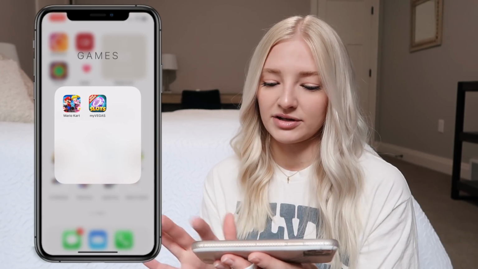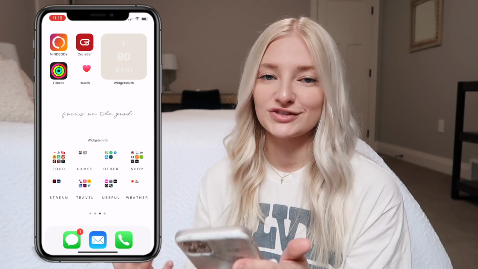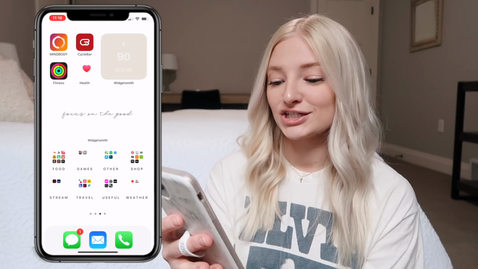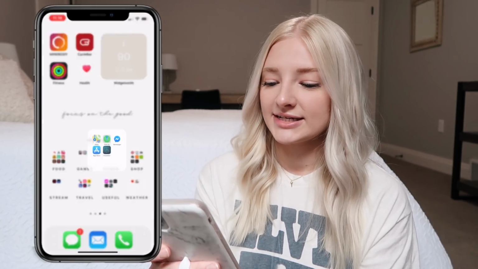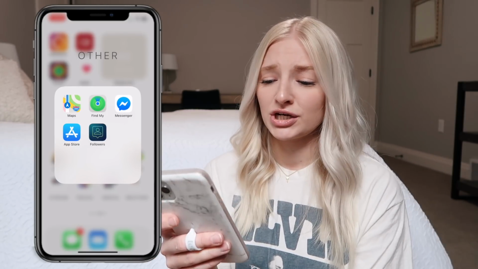You can get discounted room rates and things like that, and free tickets to things, just for playing fake slot machines. So if it could spark a gambling addiction for you, I don't support that, but be wise, people. Next is my other folder, which has my maps, Find My iPhone, Facebook Messenger, which my grandma always sends me stuff on,